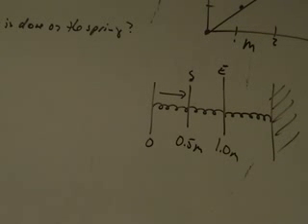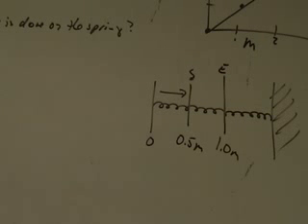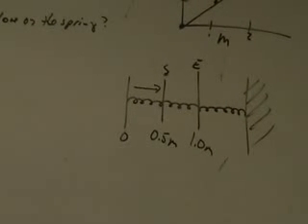So what would you do? Figure out both the distances and then subtract one from the other? You can't do that because 1 minus 0.5 is